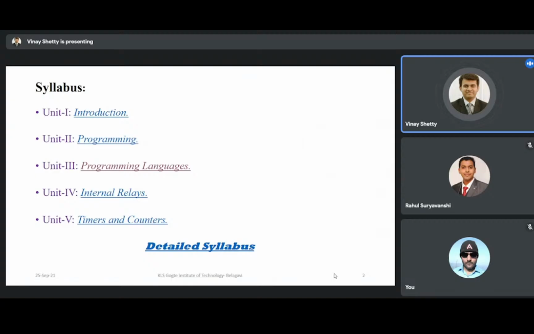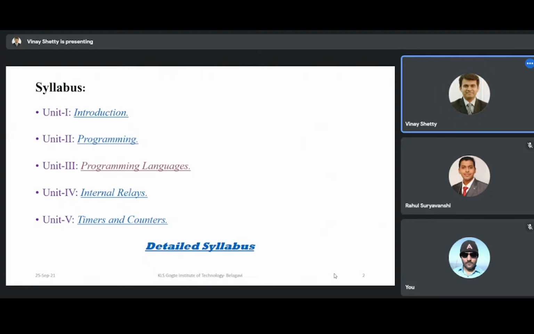Then we'll come to the programming part. When I say programming, obviously students fear that they will have to write pages and pages of program. But in the PLC, it is not a very difficult task. The program we use to program the PLC is a ladder logic program, or else we can even make use of an instruction list. It's quite a simple program, but widely used.